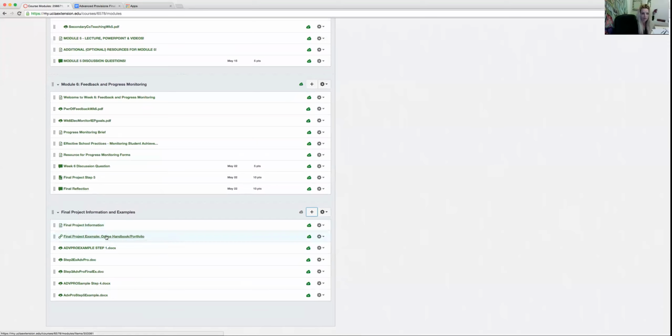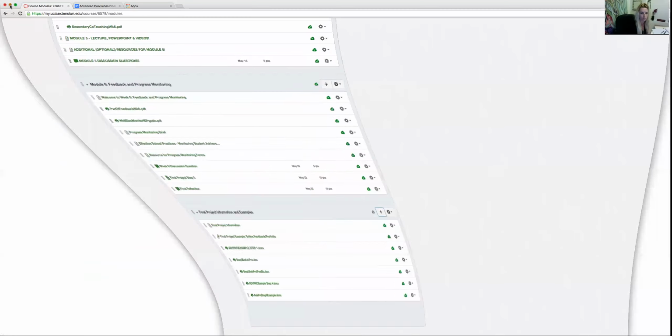Now, let's say, for example, each week you will be completing each step. Let's say you just want to create an old-fashioned handbook that by the end of the course you could physically print out each step and then put it in a binder, or maybe photocopy it and give it to your colleagues. That's actually fine. So in that case, what you would want to do, let me minimize my screen, is